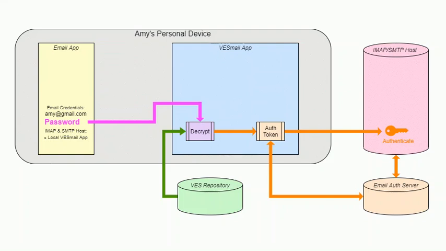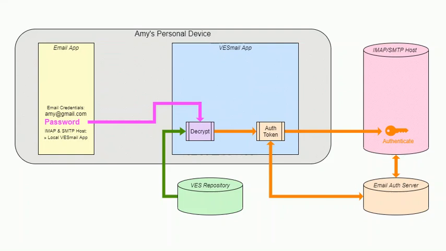The email server connects with the OAuth server to ensure the access token sent from the VESmail app matches the access token from the OAuth server. Once matched, the email server sends authorization approval back to the VESmail app, which in turn passes the approval back